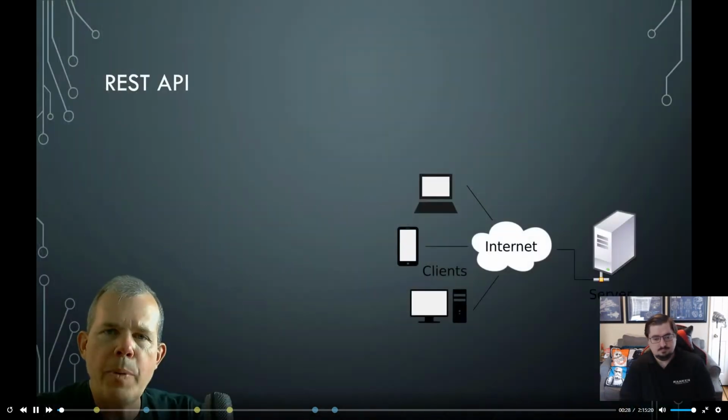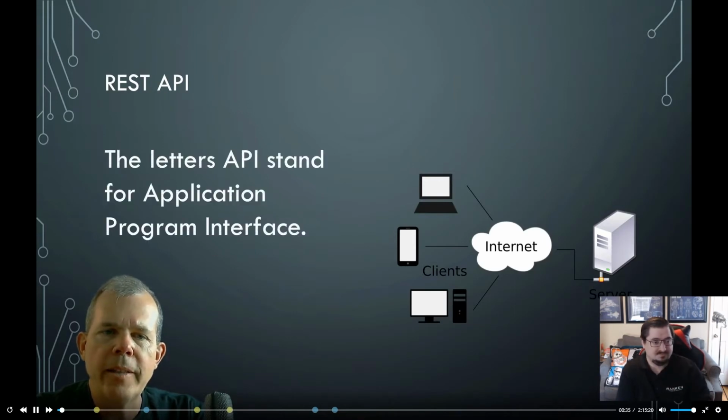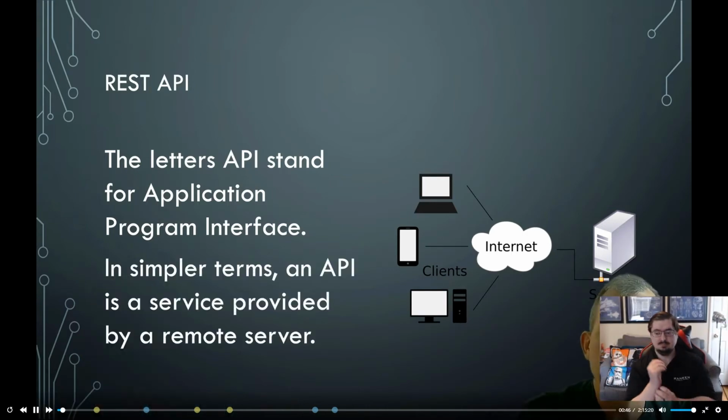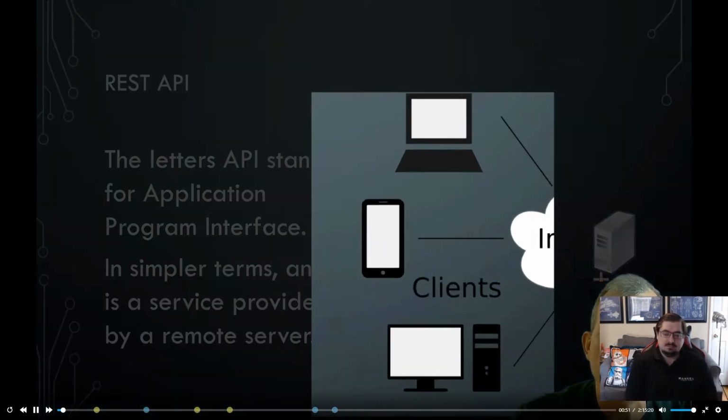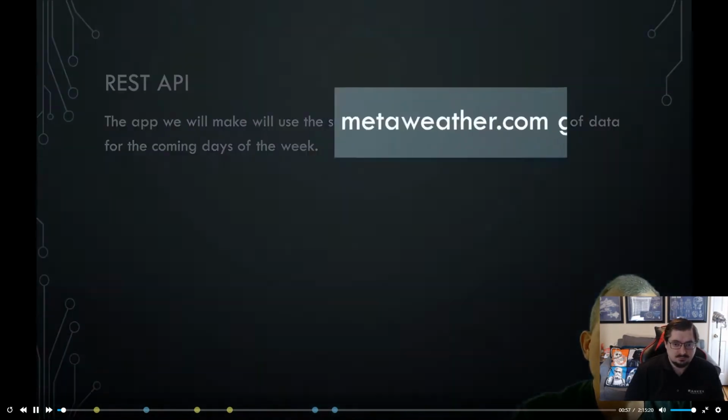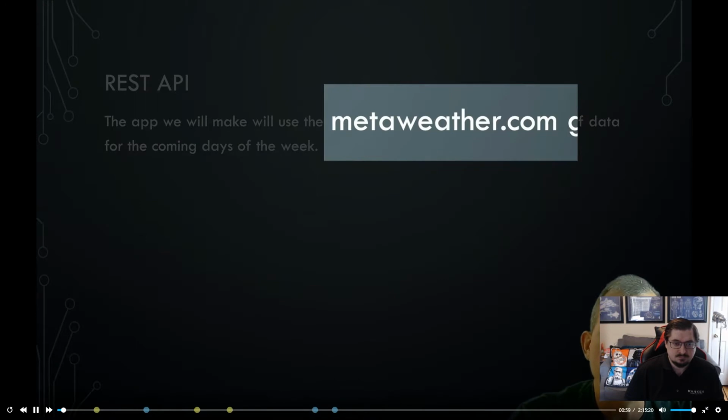So REST API is a term that you'll see in programming languages everywhere. It's really about clients and servers. The API stands for something called an Application Program Interface. And really in plain English, it means that there's a server somewhere that's providing data to the client. So that way you have either phones, computers, or watches, or something out there that is relying on a service on the internet. In the following videos, we're going to create a tutorial in Android using a REST API from the service called